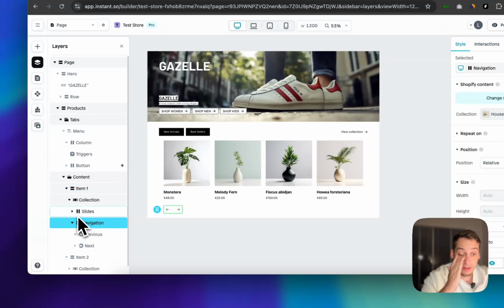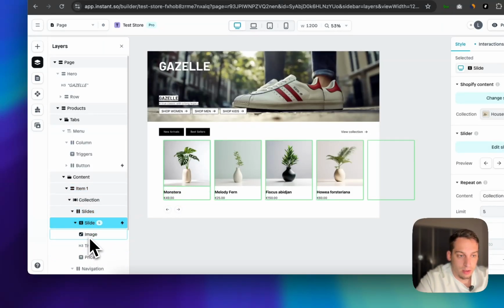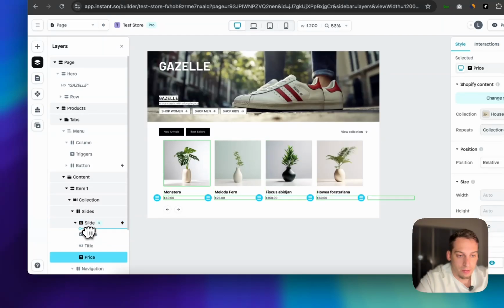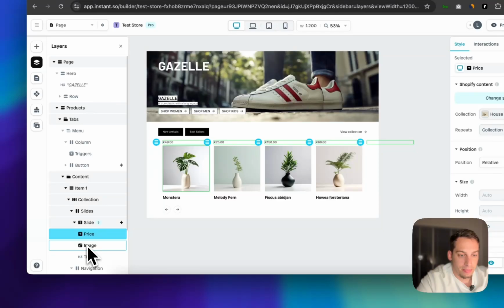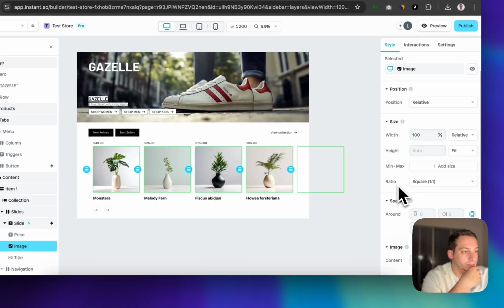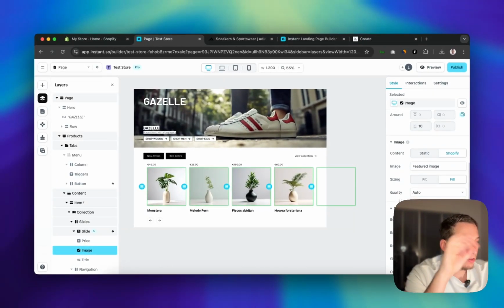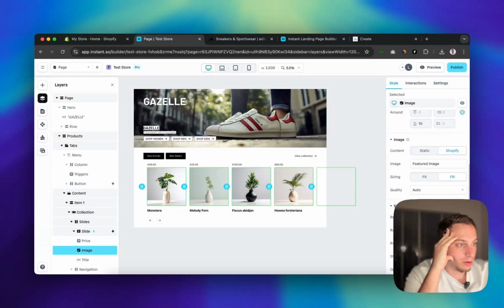Maybe we would like for the price to be inside of the image somehow. And I can do that by probably combining these or making the image as a stack or as a layout somehow. So I'm freestyling right now, so I might not be doing the right thing, but we're figuring it out as we go, right? So